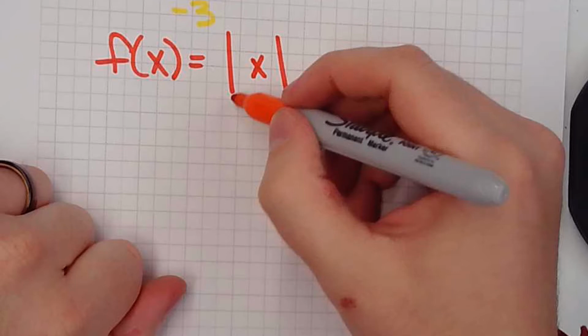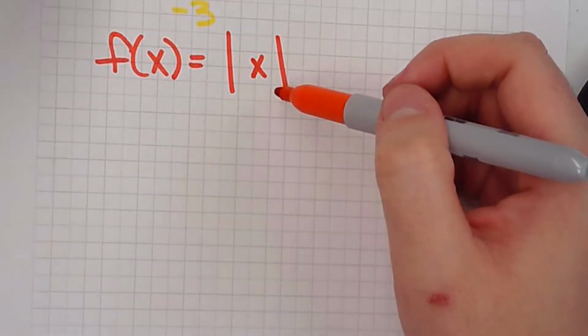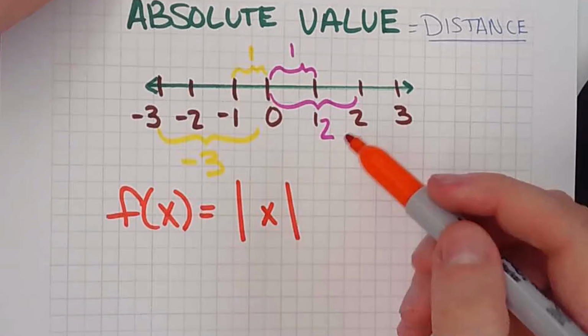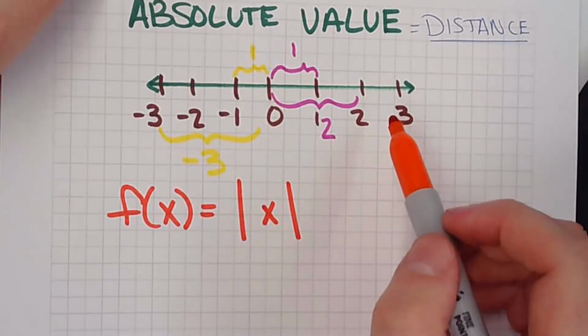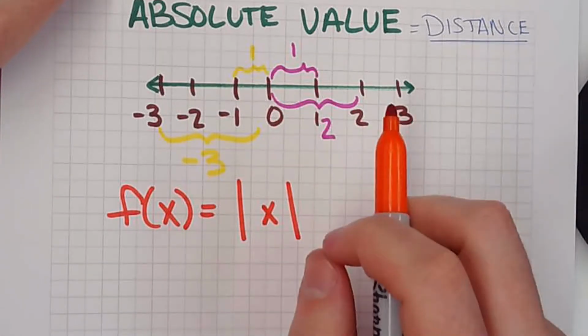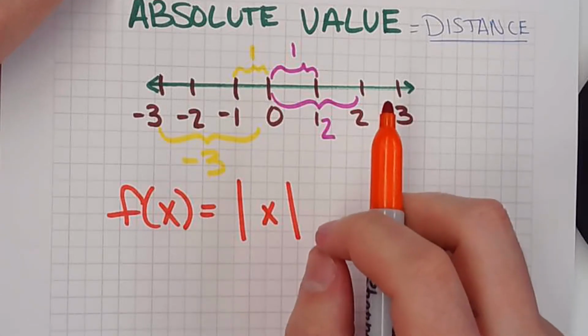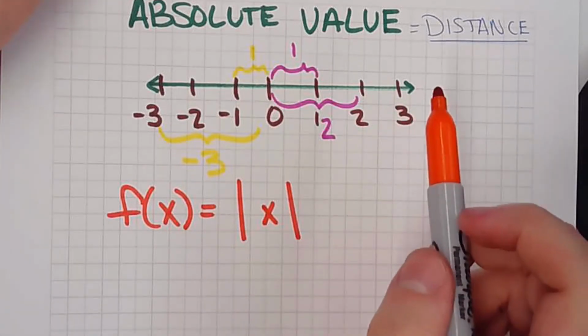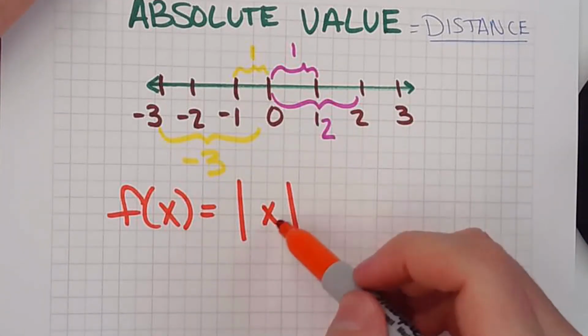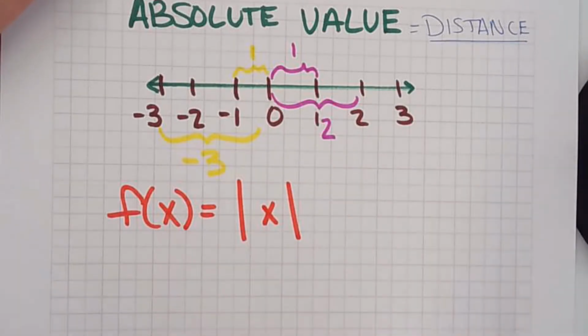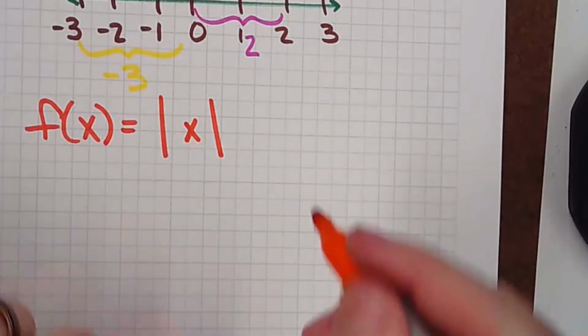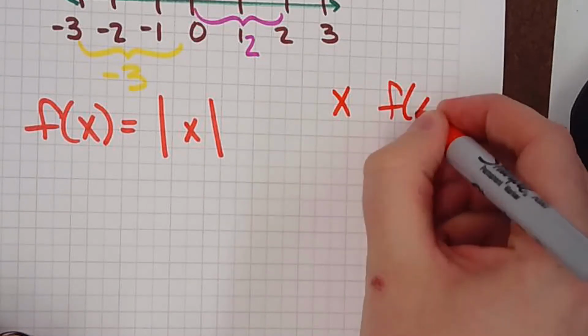And that's because the absolute value of anything is the distance of something, how far it is away from 0. And distance is always positive. You're never -2 feet away from something, you're always 2 feet away, right? So anything that we put in here for x, any value we plug in, should come out positive. And let me show you what I mean by that. So if I make a chart of numbers I want to plug in,